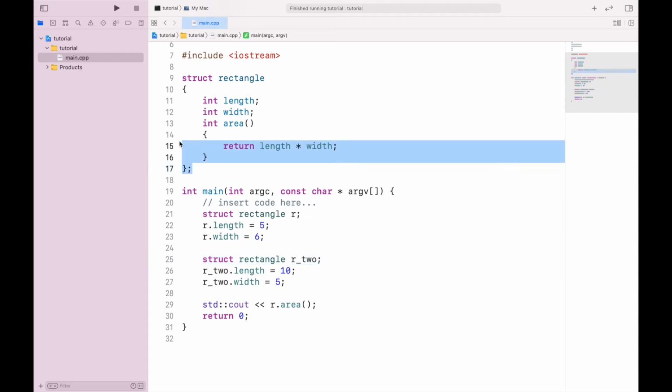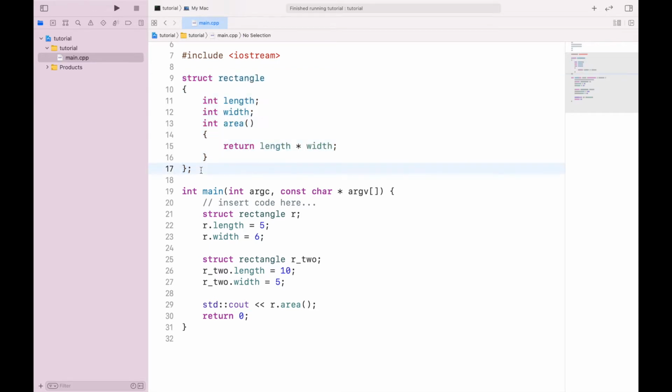So we've introduced the concept of objects through this struct data type. But now I want to show off one of the key features of object-oriented languages, that is inheritance. And we can think about this in is-a versus has-a relationships. We can say that a rectangle has a length, and it has a width, and it has an area. But to say that a rectangle is a length, or that it is a width, does not make a lot